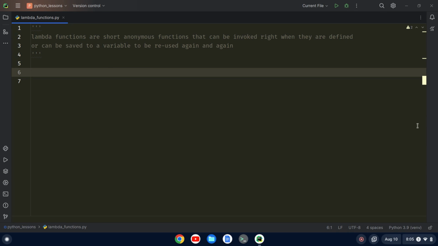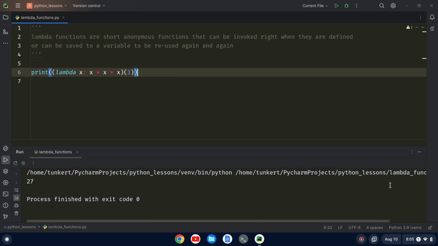So if I want to invoke something right on the spot, I might have, in parentheses, we're going to use this keyword lambda, and then let's just define this variable x. We're going to do something with x, and let's say we wanted to cube it. So we do lambda x and then a colon, and then what's going to happen to x? So we'll do x times x times x, and then after that, in parentheses, let's put a number that we want to run into this function. So let's just cube 3, and let's print all this stuff. Okay, so if we run this now, we are going to get 27,